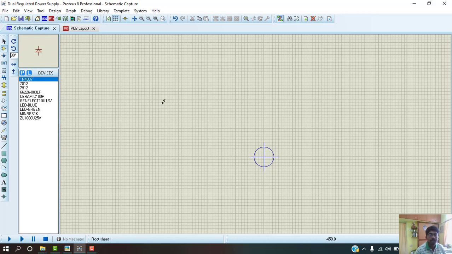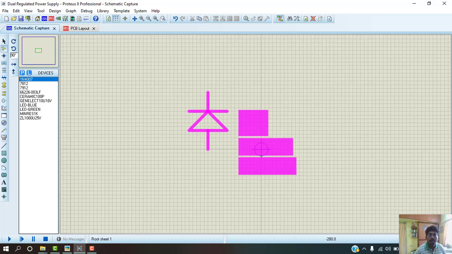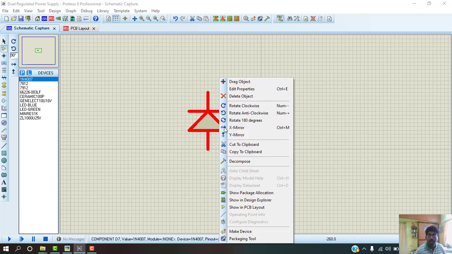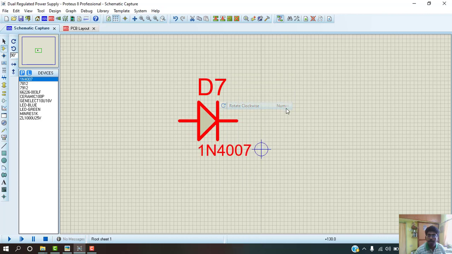Now here I will show you some basic operations of rotation and deletion of a component. Okay, if you right click it, you see the options, anti-clockwise rotation and clockwise rotation over there. You can use the plus and minus symbols on the keyboard, that is, on the number keypad. So you can rotate a component in any direction that you want.